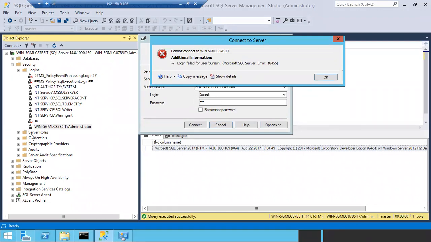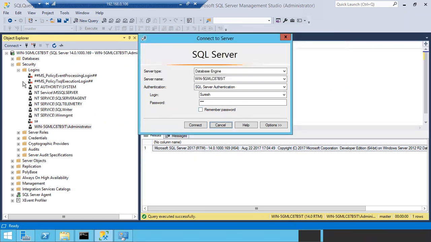If I create the Suresh login here, while creating the login it will ask for one password. I'll give one password for Suresh. If I give the same Suresh username and the same password that I gave while creating the Suresh login, then I can log into the SQL Server. This is SQL authentication. It means after logging in to the Windows server first, you are again giving username and password by choosing SQL authentication.